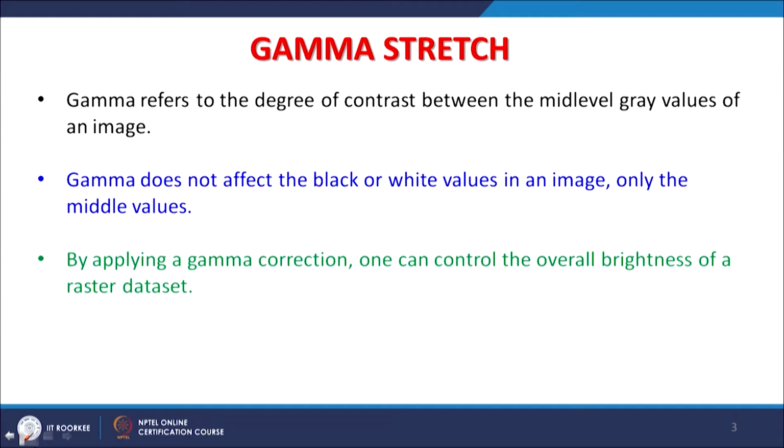By applying a gamma correction, one can control the overall brightness of a raster data set or a satellite image. See, there is no standard formula or standard procedure that once we get a satellite image we must apply this kind of stretch. It depends on image to image.